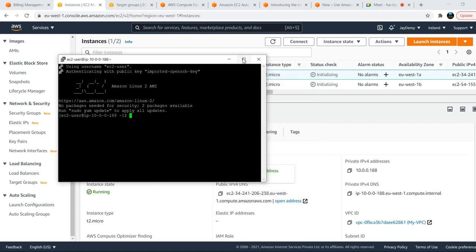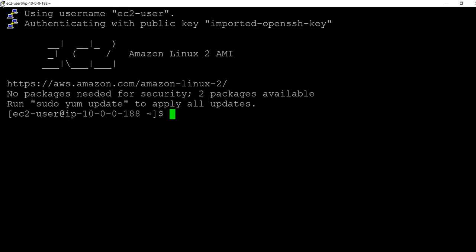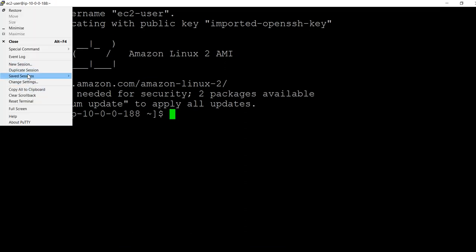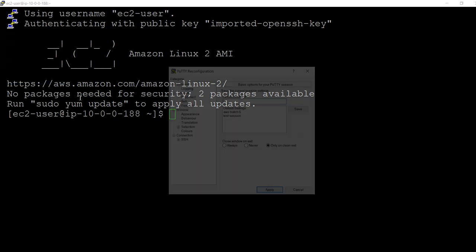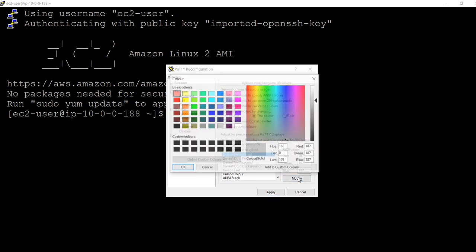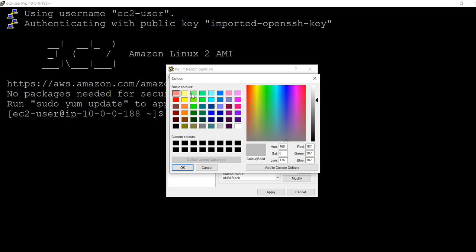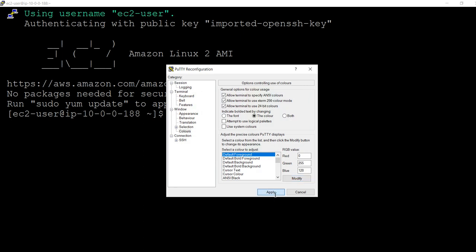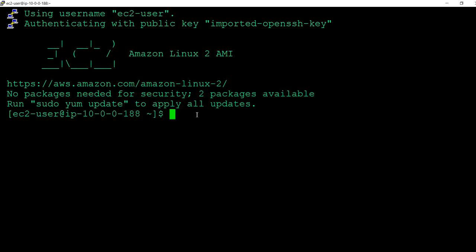Apply. Okay, I'll give just color here. Change settings. Close. Field foreground color. Modify. So just I'll give green for this. Okay. Just okay, apply. Okay. Now,